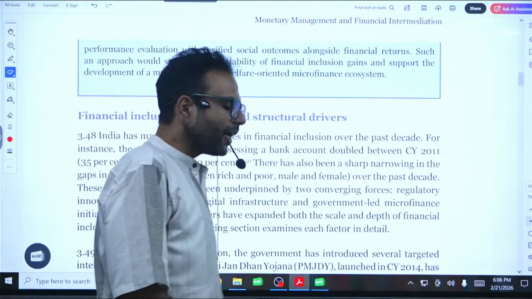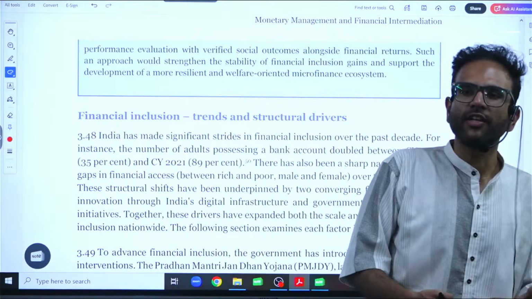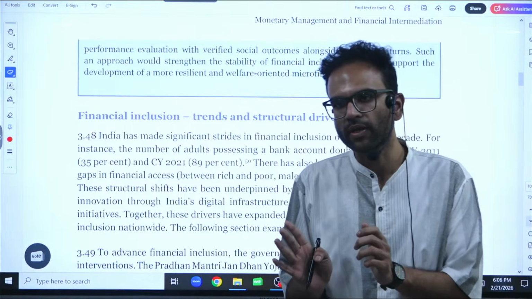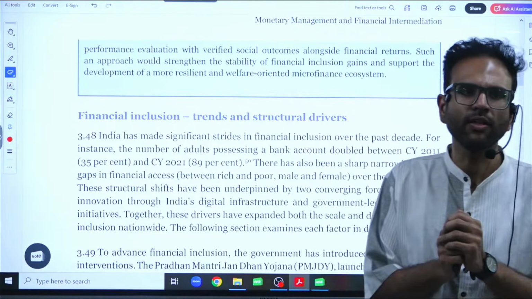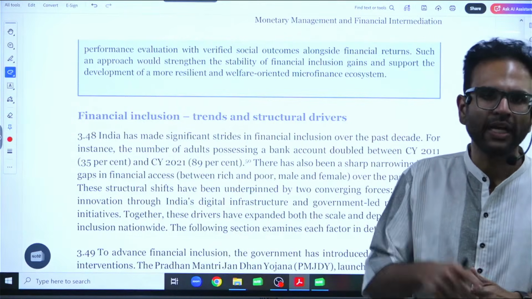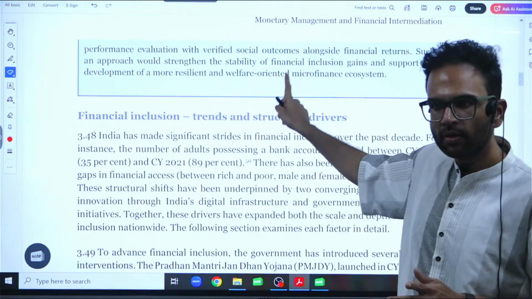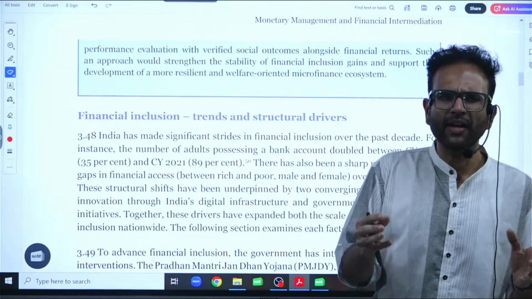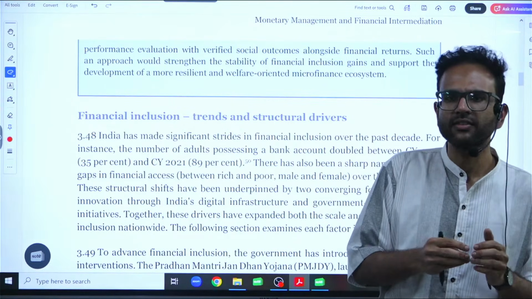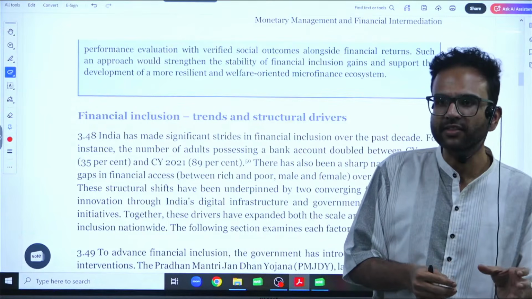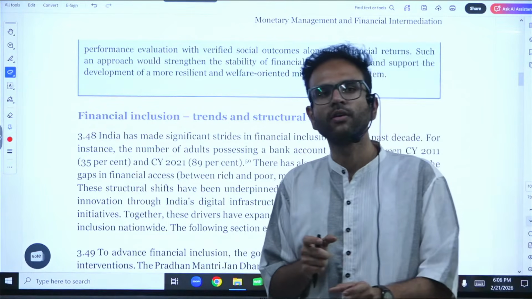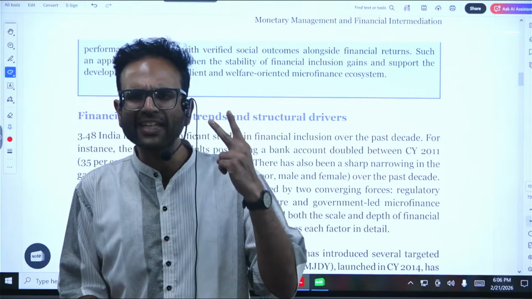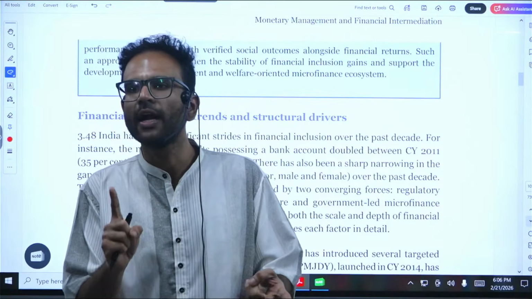So, what factors will drive financial inclusion and what are the initiatives taken? How did they fare? What is the way forward? This is a possible question, especially in the topic of financial inclusion and its performance. There is a possibility of it here also. What do you mean by financial inclusion? Don't just say it is a bank account. Not just access, it is also the depth of financial activity. So in this regard, you will have to know about two flagship schemes. One is Mudra Yojana and the other is PM Swanidhi.